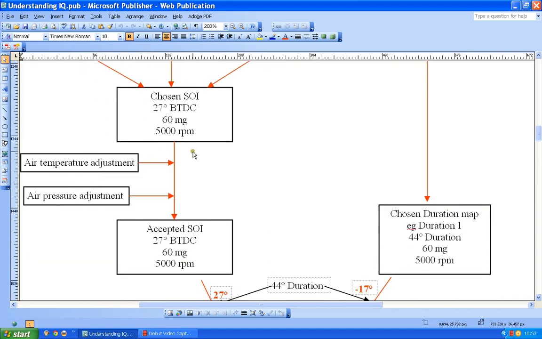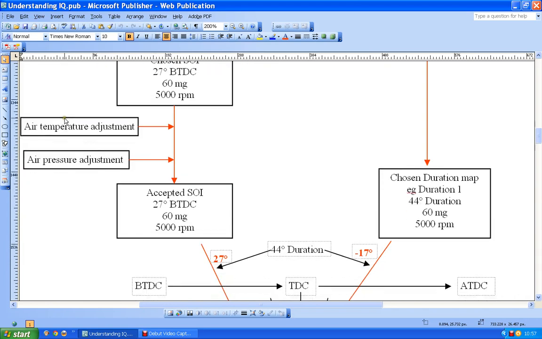And at this point there are some more adjustments that kick in on some of the files. There might be an air temperature adjustment, and that usually is literally just an adjustment. So it might be either a slight multiplication figure, so a very small multiplication figure, or more often an actual number for SOI that's added on, and it's usually in the order of 1 degree, so we're not talking about huge numbers. So there might be a change of, let's say, an extra 1 degree added on here as a result of air temperature adjustment. Maybe it will be less than 1 degree, or maybe it will be a minus number. And there will be a change as a result of the air temperature there, air pressure here, and finally we will have our value.